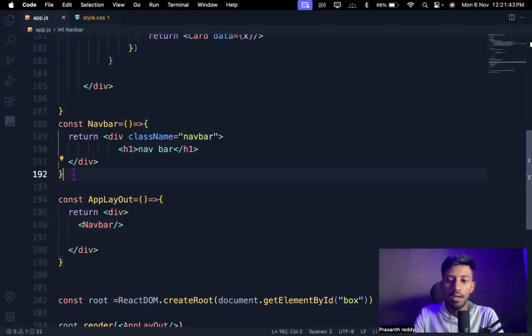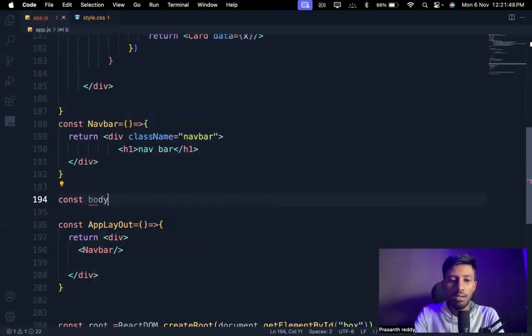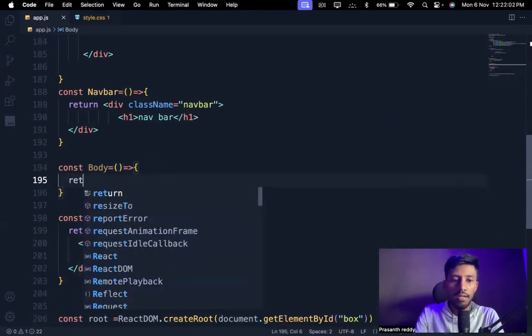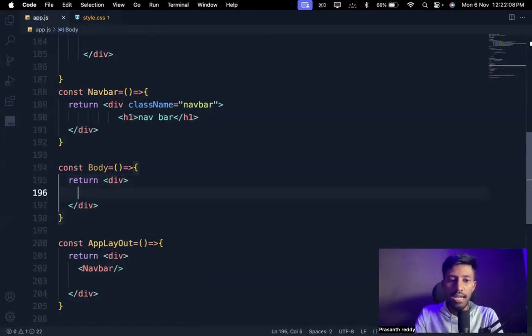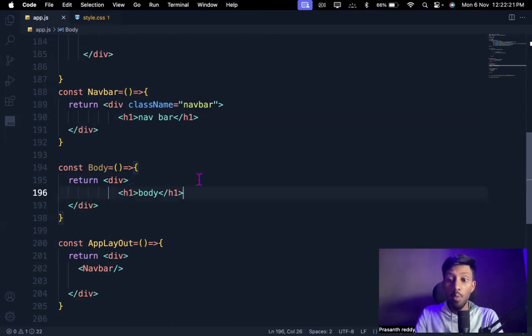Let's build the body over here. Let me put one const Body, keeping it as capital B, with curly braces. Now inside this body, let me take a return statement. Let me put one div, because everything will return only one div, right? Inside this, let me take one h1 tag, copy and paste, and write body render. Okay, body render. Now it's a cool thing, right? Body, this is what we render, guys.